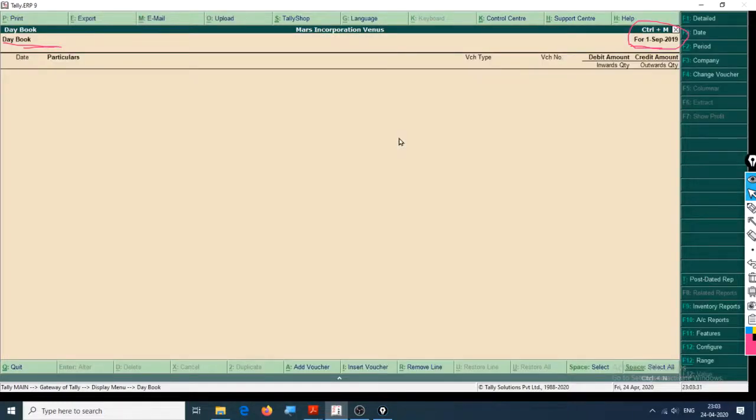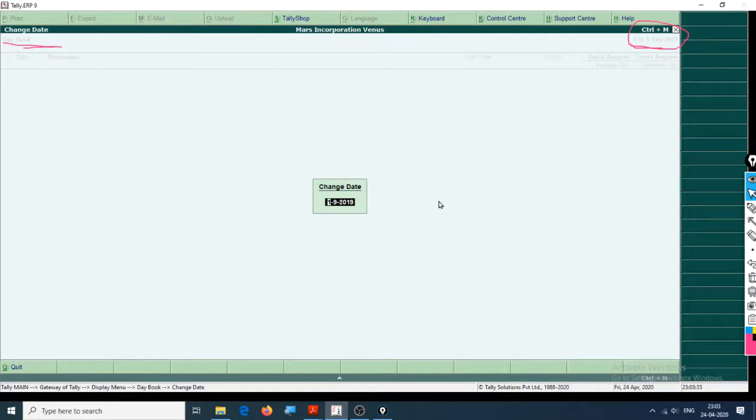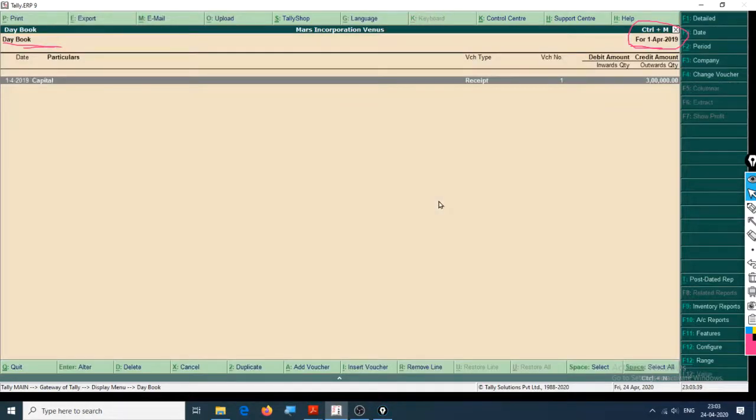How to change the date? F2 to change the date. 1st April 2019, enter. Okay, so we have one entry here. Also, most of the entries were on 2nd April, so let's check out 2nd April.